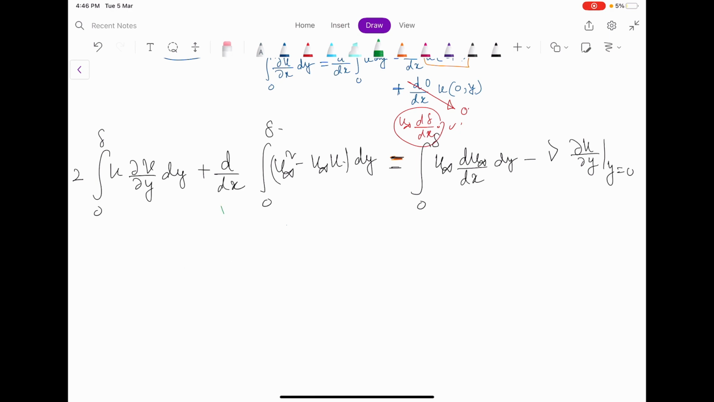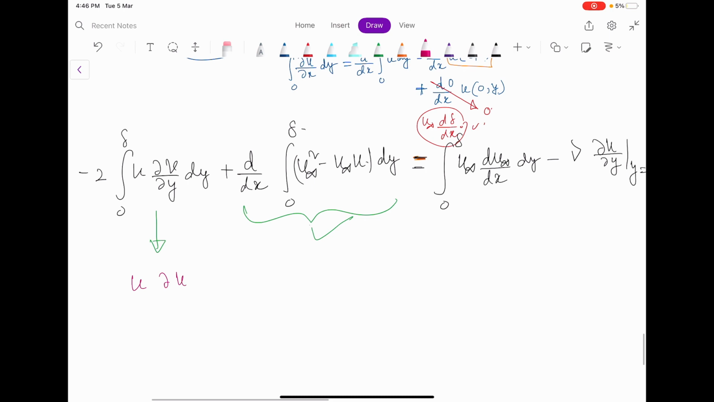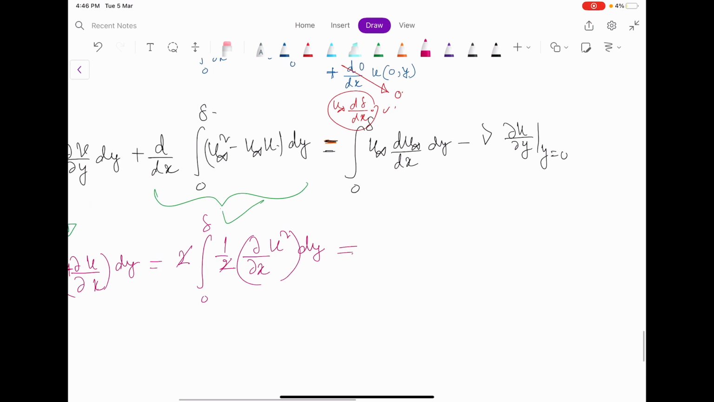So this term has been cast in that form, but now let me work with this term. Again, del v del y can be written as minus of del u del x. So the integral of this from 0 to delta will be equal to minus, and minus, that will be plus, 2 into half into del x of u square into dy from 0 to delta. 2 and 2 will cancel out. Now applying the same Leibniz rule,